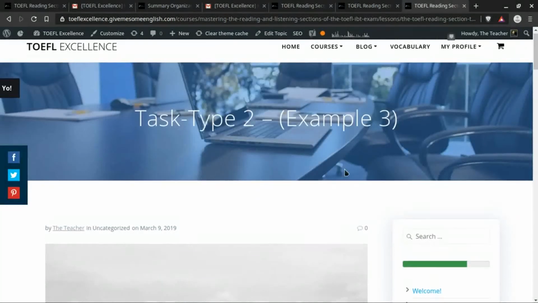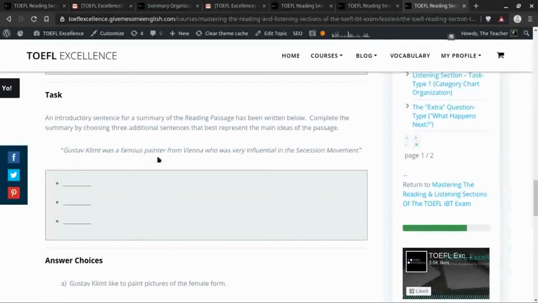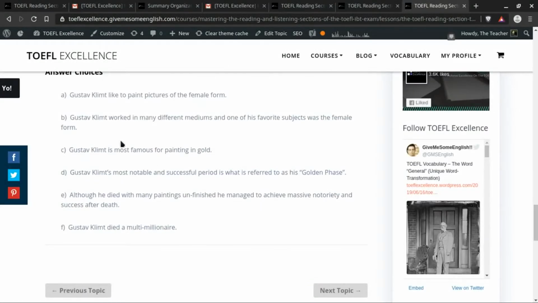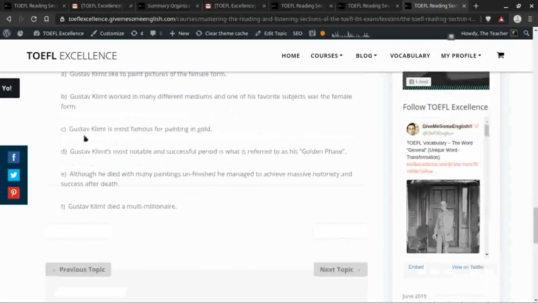Let's take a look at the last one. Okay, so about Gustav Klimt. Gustav Klimt was a famous painter from Vienna who was very influential in the secession movement. Gustav Klimt liked to paint pictures of the female form. That's true, maybe a detail, but it's also important. Gustav Klimt worked in many different mediums, and one of his favorite subjects was the female form. Okay, now this one here mentions the female form, so it almost eliminates that one, because this gives a much better statement because it's talking about a little bit more. It would cover more of the actual reading passage than just that first statement,